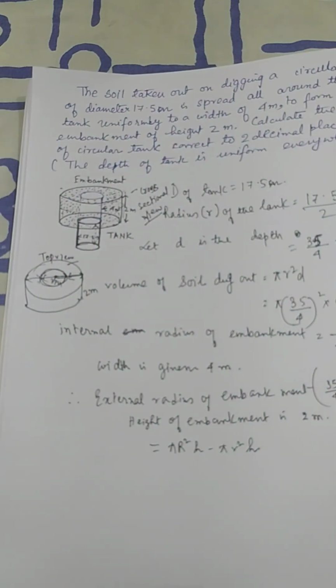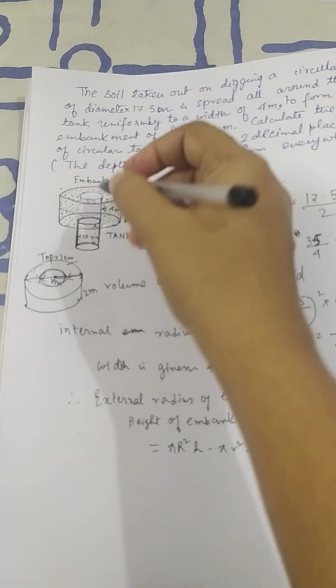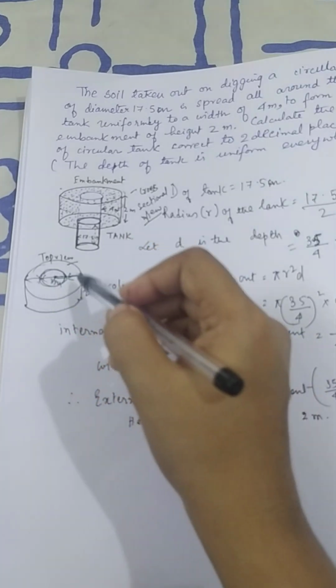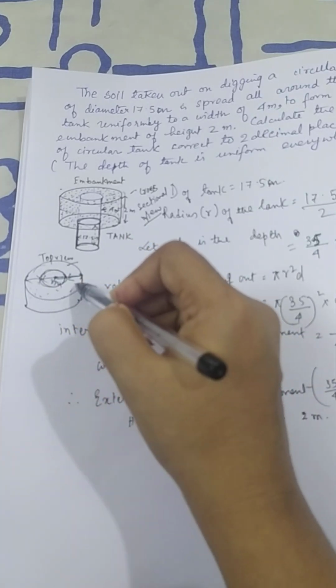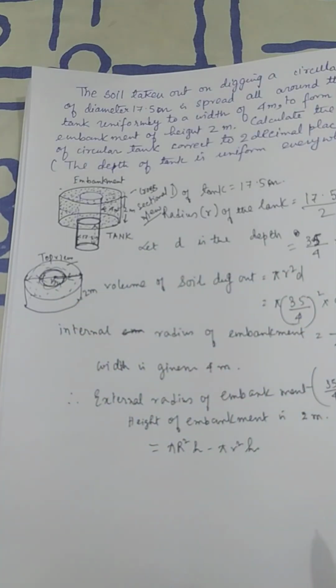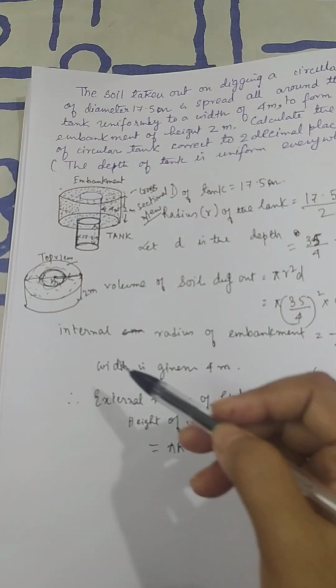Just imagine from the top what you can see. This is this circular tank. This is soil, nothing but the soil. Hollow part is the tank, and to make this tank some soil has been excavated, which forming an embankment, which